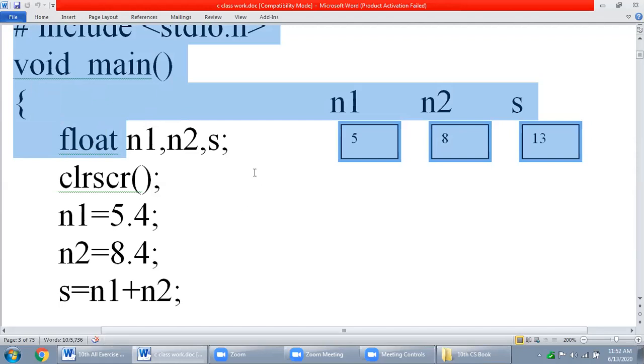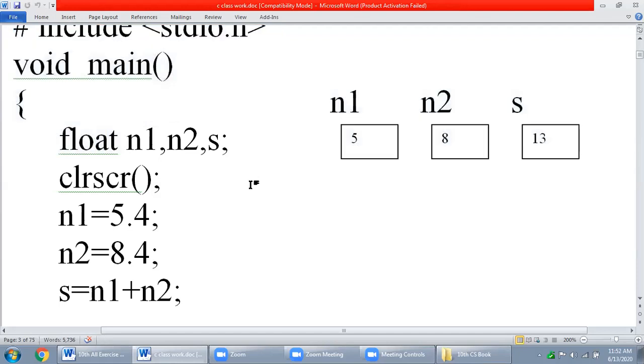But currently we are discussing syntax. The syntax is the rules of any programming language. In the English language, whenever you write a sentence, at the end of the sentence, what do you write?